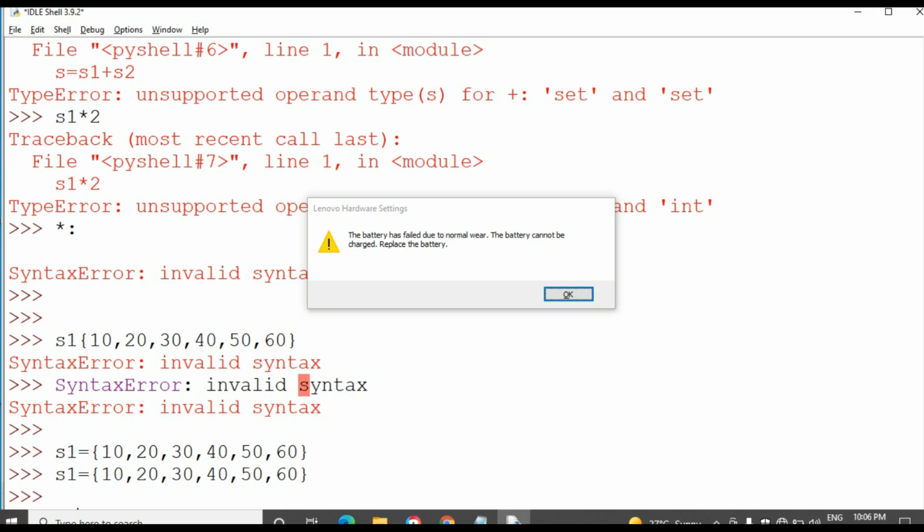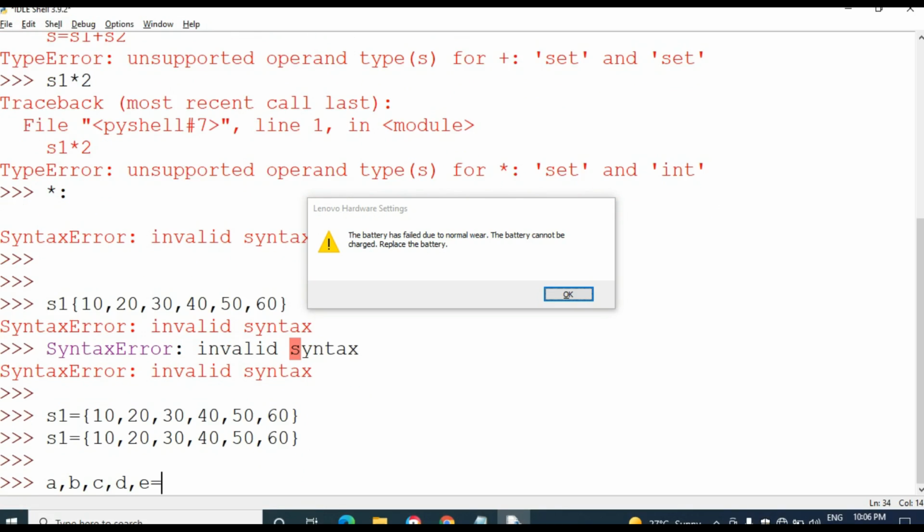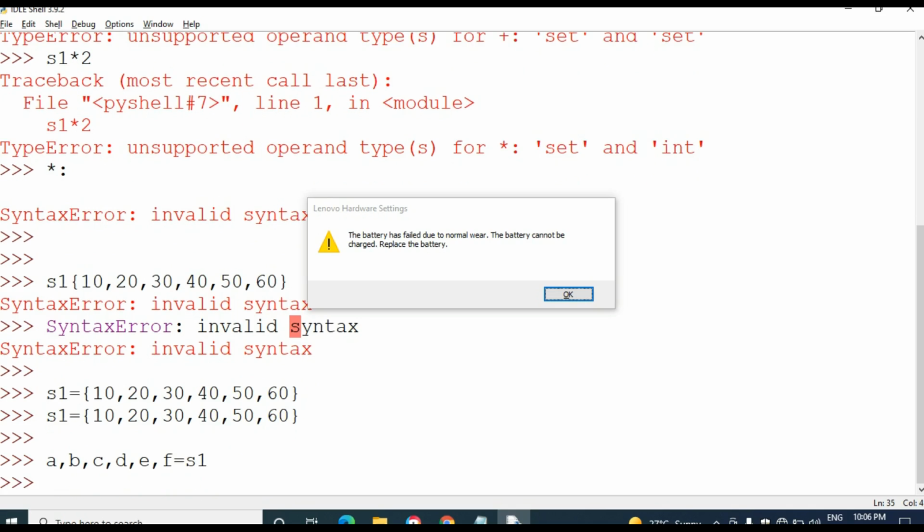A, B, C, D, E, F. How many elements are there? 1, 2, 3, 4, 5, 6. Six elements, right? Equal to S1.